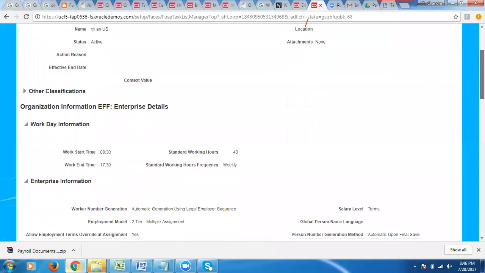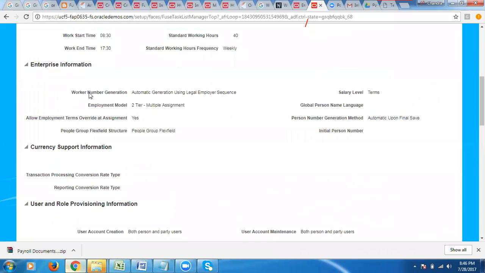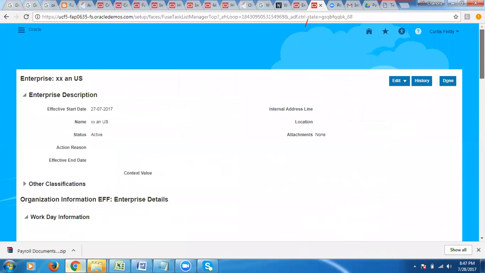If we go to this task here, we can see the worker number generation and person number generation method. The remaining we have discussed already. Employment model: they'll ask which employment model your client is using in your project.